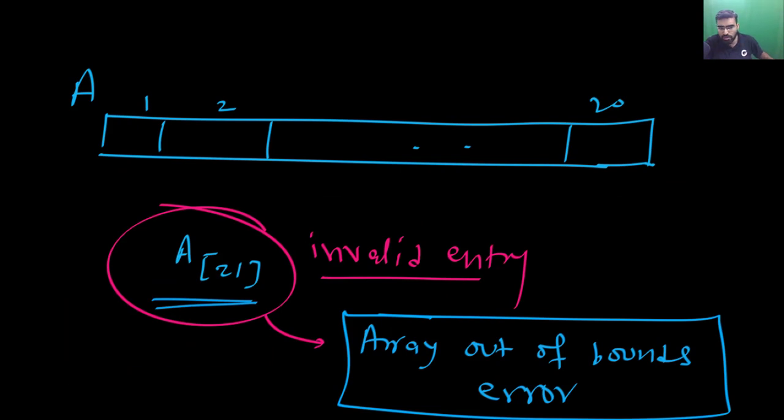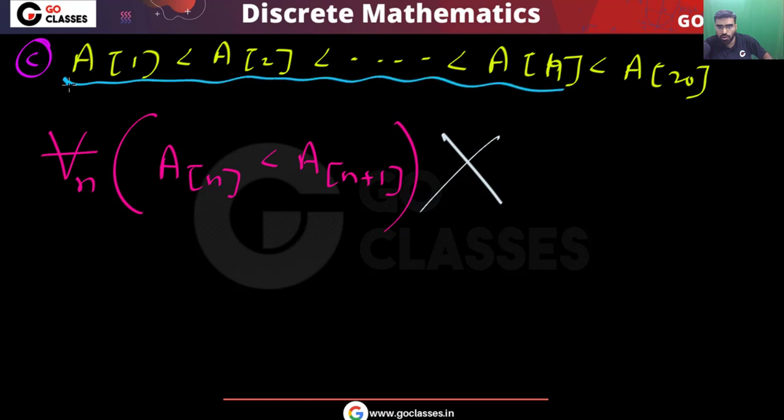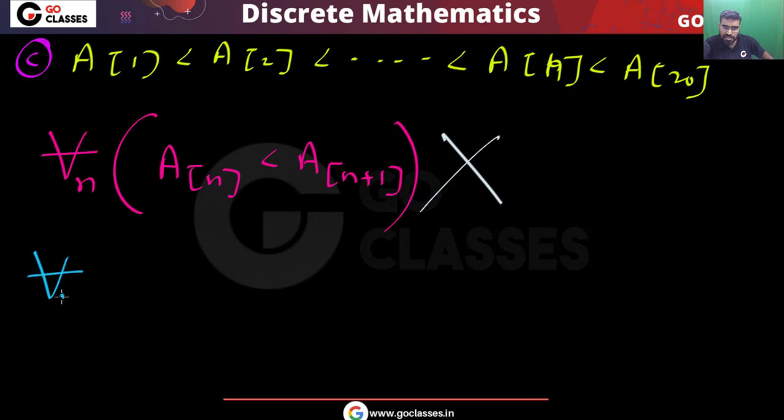So what should we do? You can make some changes. This answer is definitely wrong. What changes can you make? You can simply say that if your n is from 1 to 19, then that is less than an plus 1. So see what change I am making: for all n,